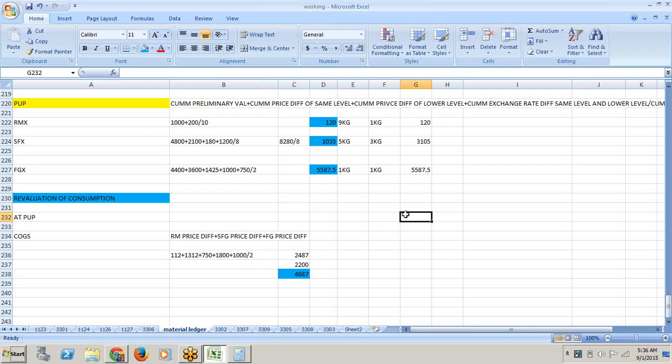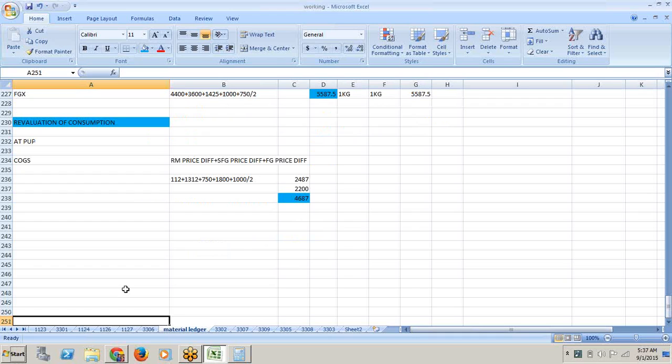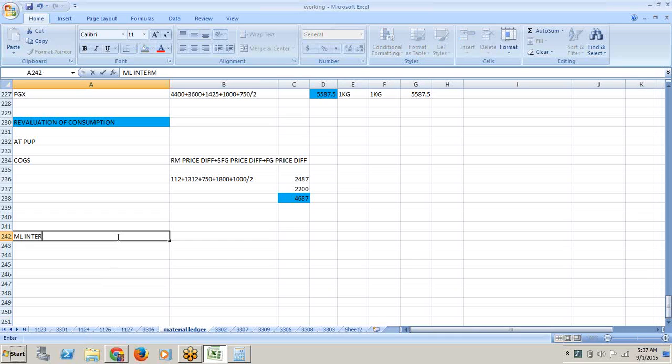So when you are posting the closing entry, normally in product costing, the price variances and production variances will update to the stock. It will debit or credit the stock. It will debit or credit the purchase price difference. It will debit or credit the production variances. But in ML, we are not using this production variance account. Instead, we are using the ML intermediate account. If there is any price variance,